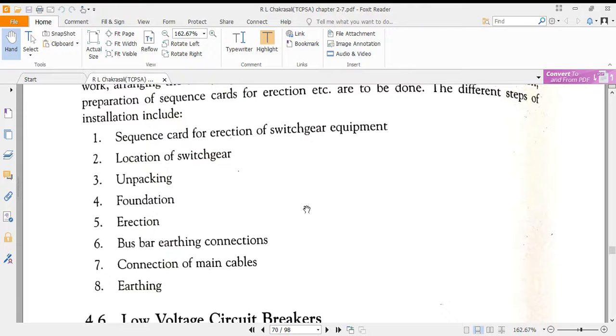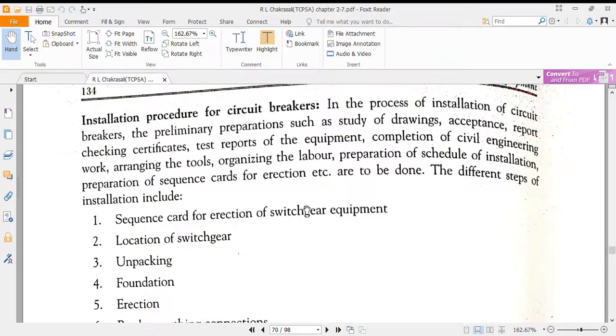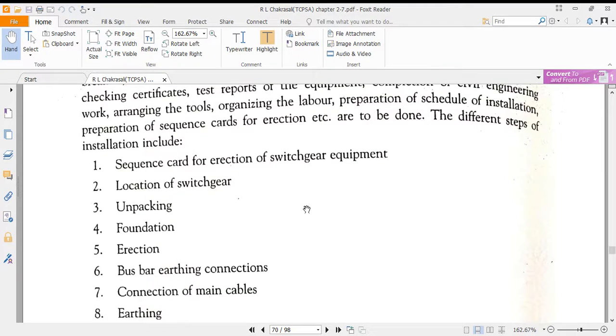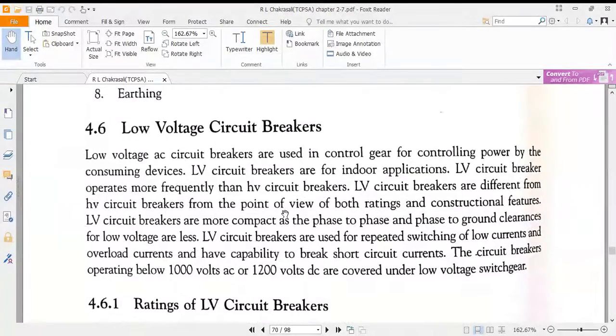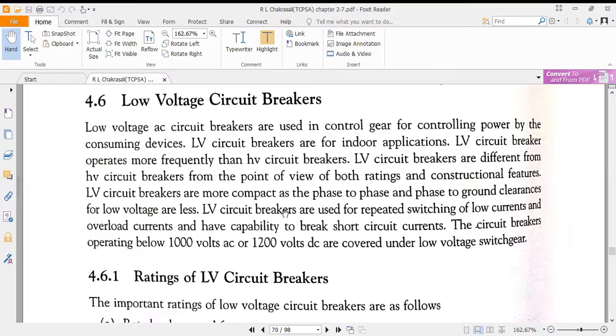If you look at these procedures for installation, for all the equipments, they are generally the same. In place of switchgear, you can write a transformer. In place of switchgear, you can write generator. All other things remain same. So this is how you can make a common answer for such questions. Some standard questions, we can make the common answers. So whatever may be the equipment, we can straight away write and explain it.